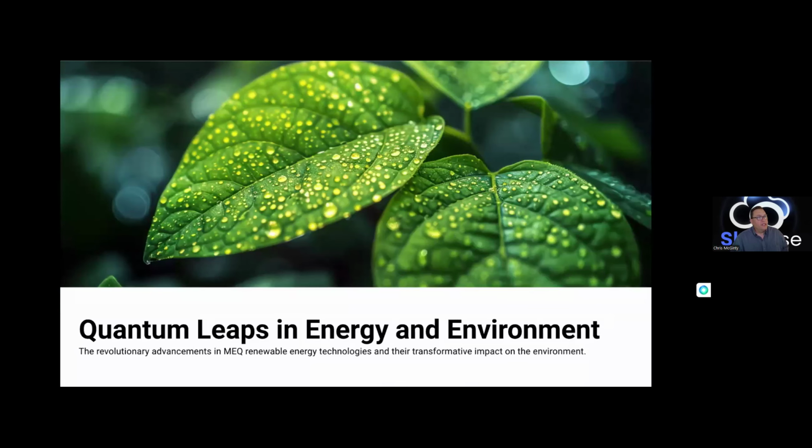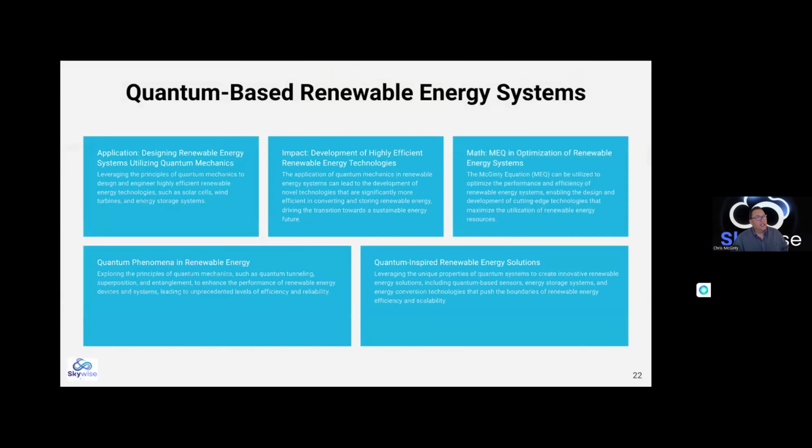So in energy and environment, we've got a lot going on there. I touched on a few different things, for example, the hydrogen splitting spark plugs, cold fusion. There are major advancements that we can make to solar panels and solar cells in order to have them capture more energy. There are advanced materials, very high density materials that we can create. And it even goes as far as, we have the math and the simulations to actually generate and create micro black holes and contain them and then extract energy from them.